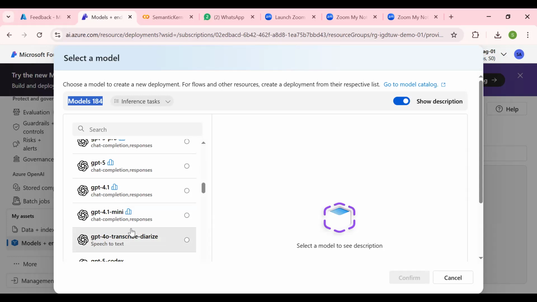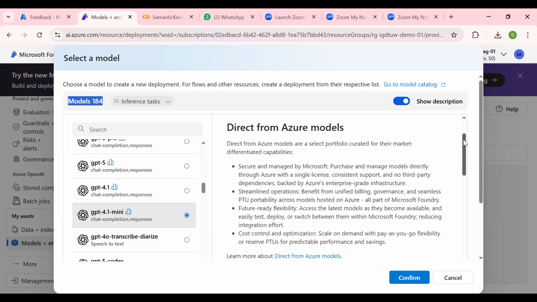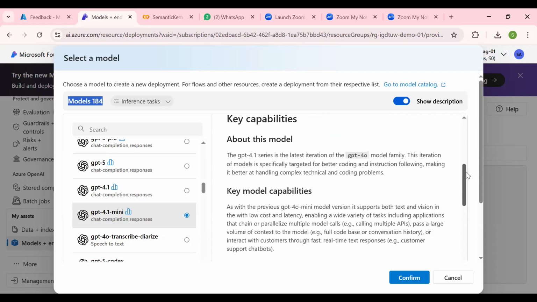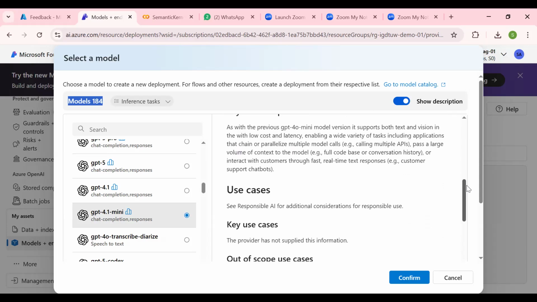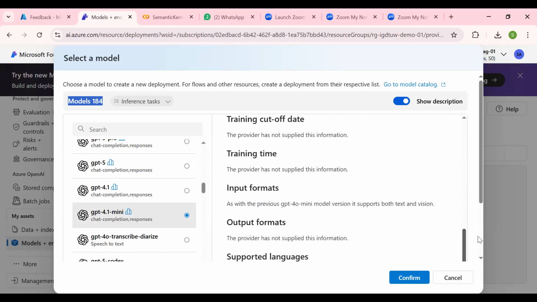For example, if I give a prompt to my LLM or AI system or agentic AI, this will come under chat completions, but we want a response also from the same LLM. That is why we are provisioning this GPT 4.1. If you go to this 4.1 LLM, a lot of things are written about it: what it typically does, its capabilities, the use cases, pricing, technical specifications, everything is there, right?